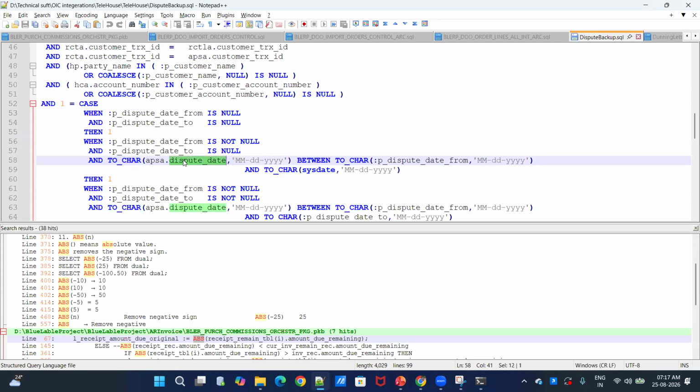To char of this, for which we are giving the format. Dispute date is the date data type in the database table, and we are converting that data type into char format, and the format is MMDD. So the right side and left side formats should both match, then only you will get the data. Let's suppose, if you query this in the database,